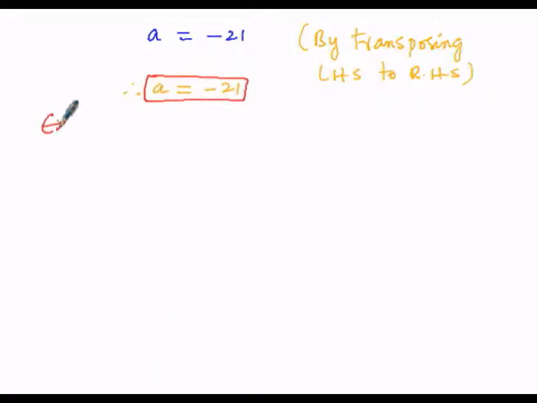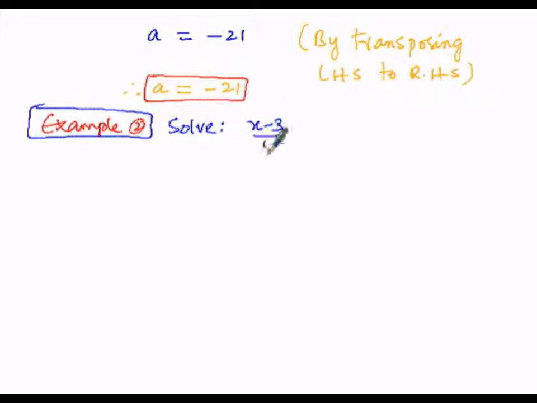Then let us go for the next example, that is example number 2. So in this example, let us solve (x minus 3) divided by 5 plus (x minus 4) whole divided by 7 is equal to 6 minus (2x minus 1) whole divided by 35. There are two algebraic expressions: on the LHS, x minus 3 by 5 plus x minus 4 by 7, and on the RHS, 6 minus (2x minus 1) divided by 35. These two algebraic expressions are separated by the symbol equal to. So in this equality the variable is only 1, which is nothing but x. So we have to solve for x.